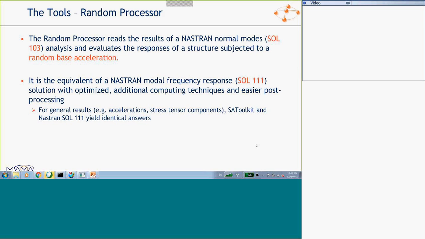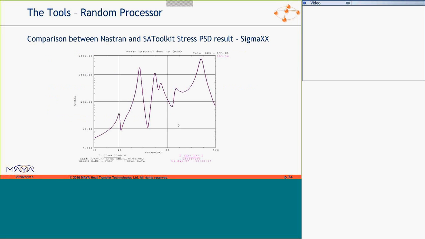You don't have to worry about different results. I'm sure you will for von Mises, because we compute things differently, but for the components themselves, that's good. As a matter of fact, speaking of comparison, here's one. We're looking at sigma xx for a particular element, the Nastran result with the SA toolkit result.